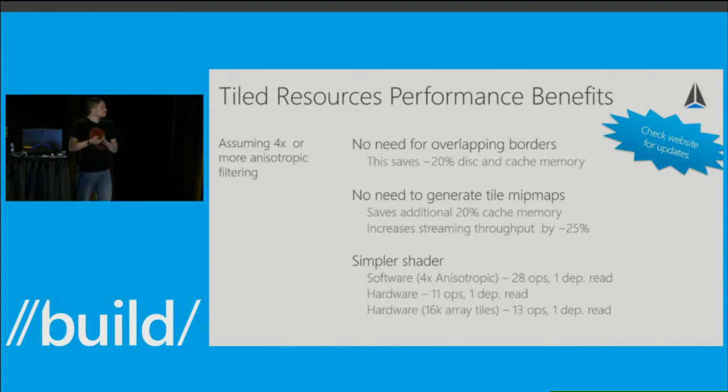And also, there is no need to generate mipmaps for every tile anymore, because if you want to do trilinear filtering in a software implementation, you have to generate a mipmap for every tile you load. So this actually saves you another 20% of cache memory, because you don't have to load the first mipmap anymore. And in addition to saving memory, it also increases the streaming throughput, because, as I said,